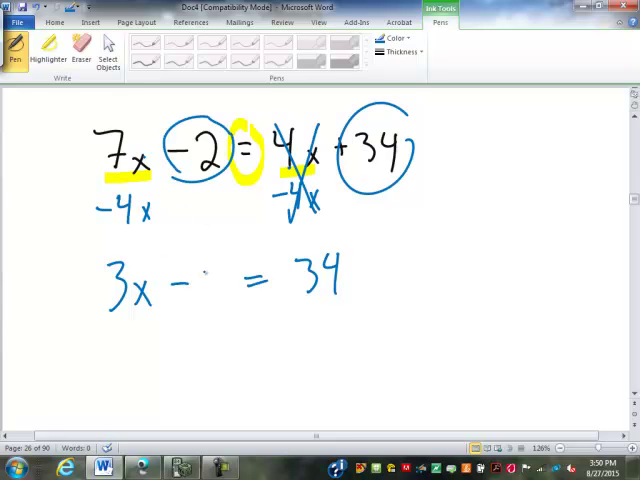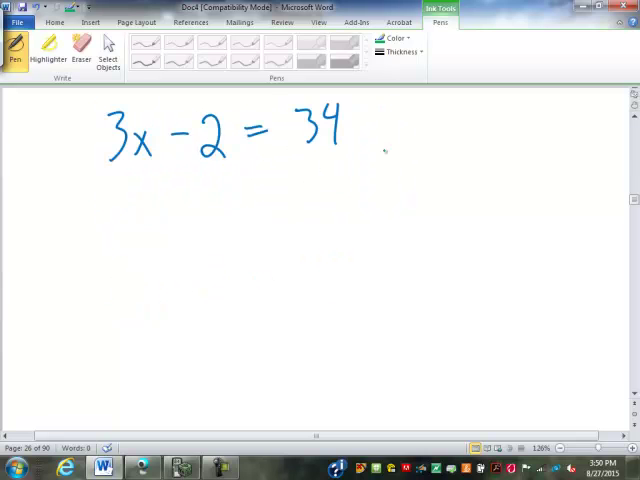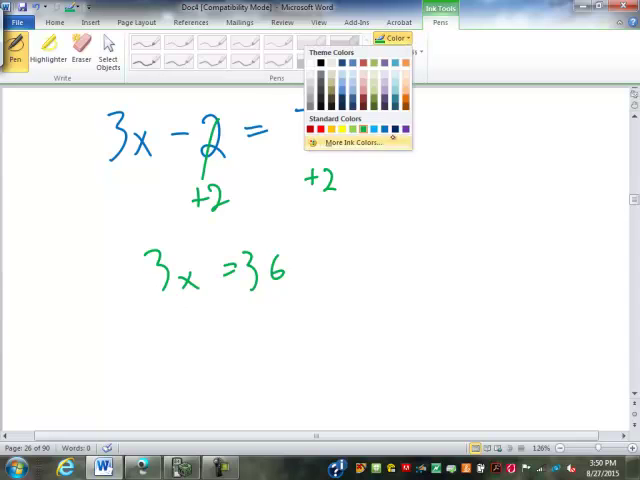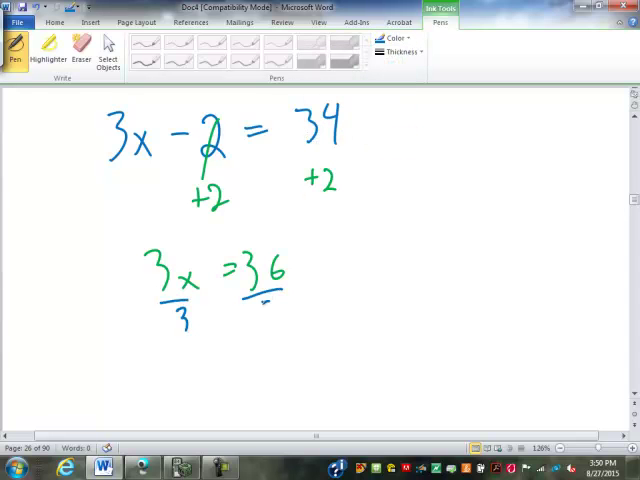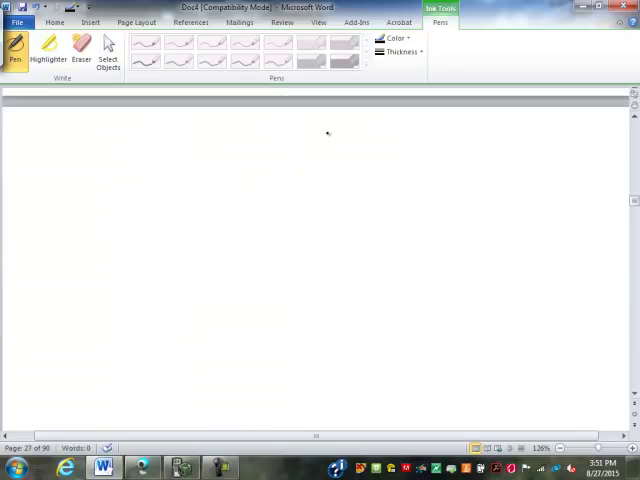Now I still have the minus 2. And from this point, what do I do? Add 2 and divide by 3. X equals 12. Good. How about